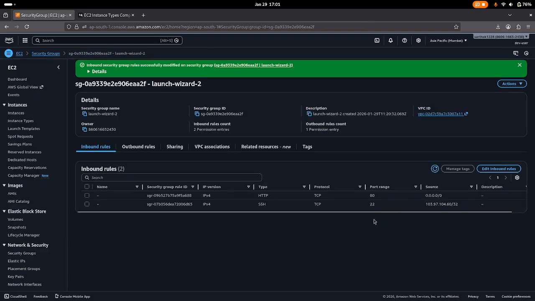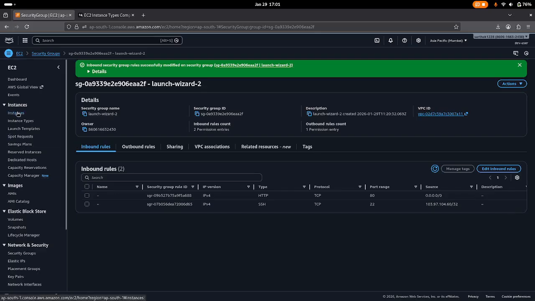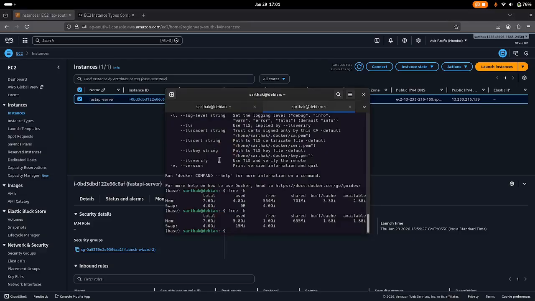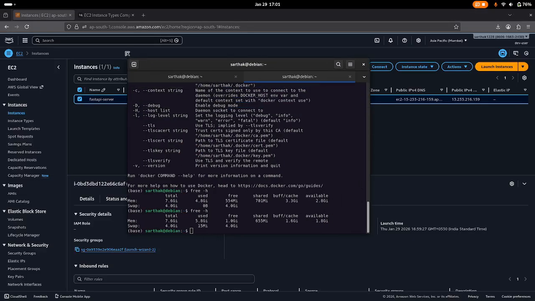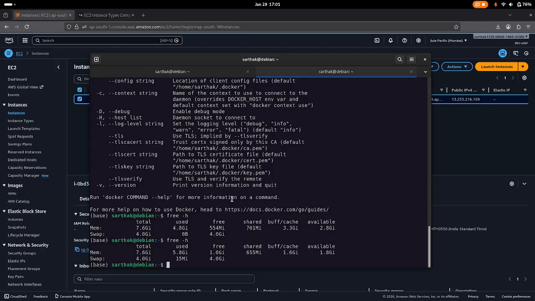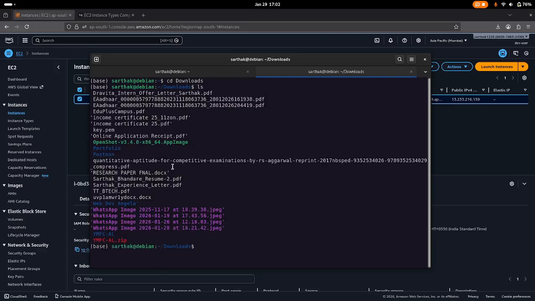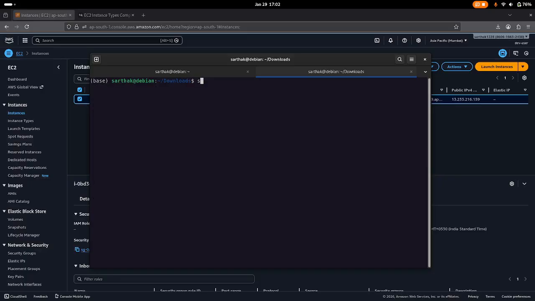Now here, as you can see, this port range is basically changed, and that's the reason it is known as Elastic Compute Cloud. We can modify it as we want. Now I want you all to go to the terminal, and I'll do one thing. I'll enlarge it and modify it a bit. Let's go to downloads, where we have downloaded the key pair. Here you can see the key.pem that we have basically downloaded, and I want you all to first copy the